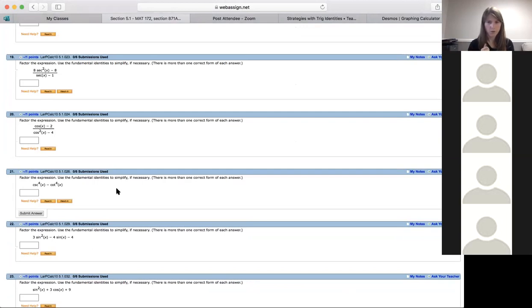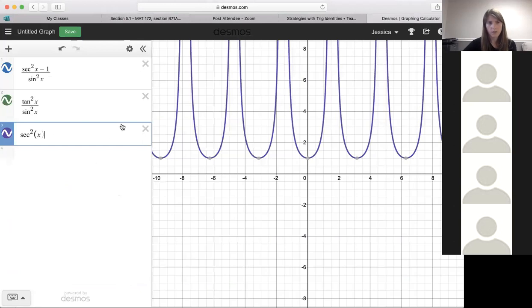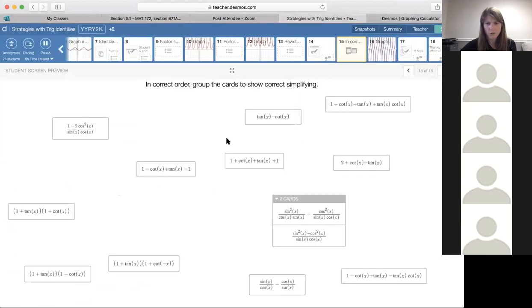And I just realized, guys, I told you we would go back to the Desmos too. So let's return to 21. But I was eager to jump into this one, and we need to look back at that. So let's look back at the Desmos for just a second. This was actually one where we saw a quotient, we saw squareds, and we were able to simplify it. And then the trig identities we were looking at, this one in particular, at the end of the last part, we had a subtraction, quotients, squared. We had a whole lot going on. And I asked you guys to think about which one matched up, and then we'll go back to those other practice ones. So when I was looking at this one,